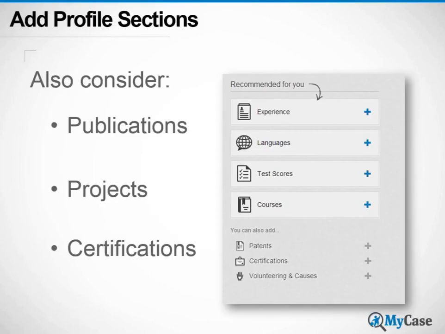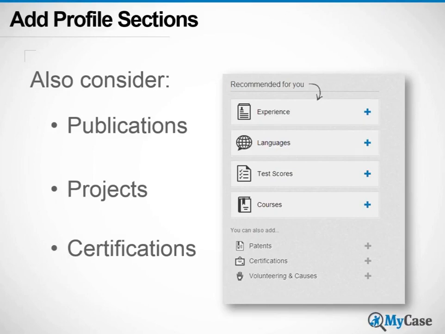A couple of other things that you can do with your profile is you can add sections. There are certain default sections that LinkedIn puts on everybody's profile, and then they make suggestions of different sections that you can add. And so a couple of sections that are helpful for lawyers to have on their profile are things like publications, if you've written articles or books,